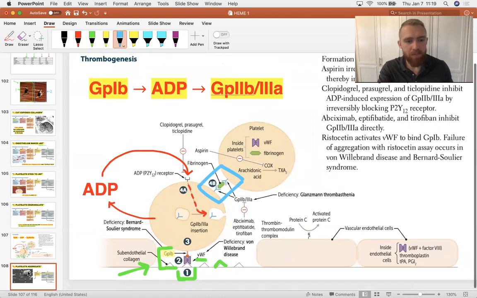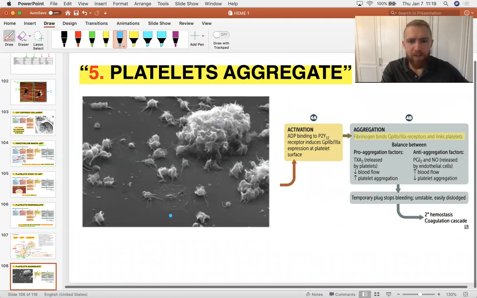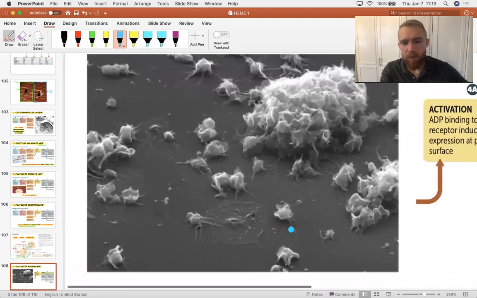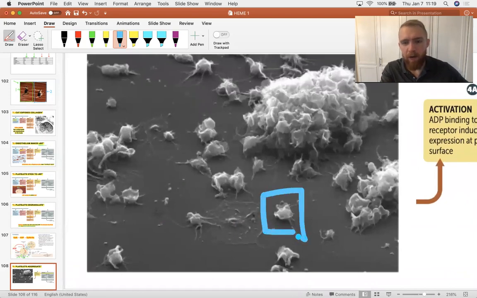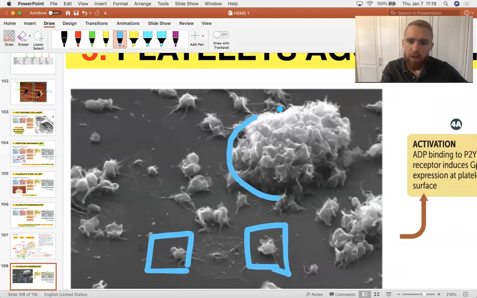Pretty much. Here's an electron micrograph, scanning electron microscopy of a clump of platelets. I swear this is what they look like, yo. Just little tentacled things out here, just trying to stick onto a flat surface. And again, this